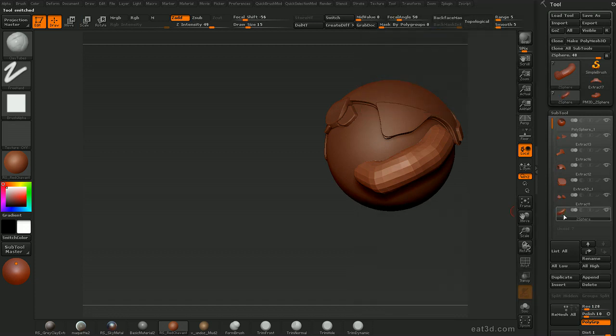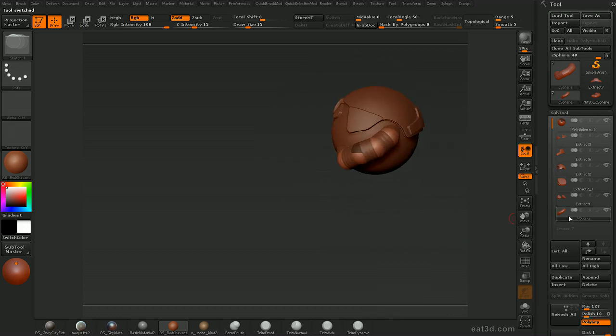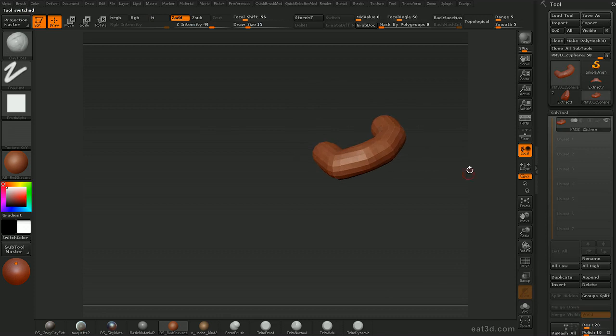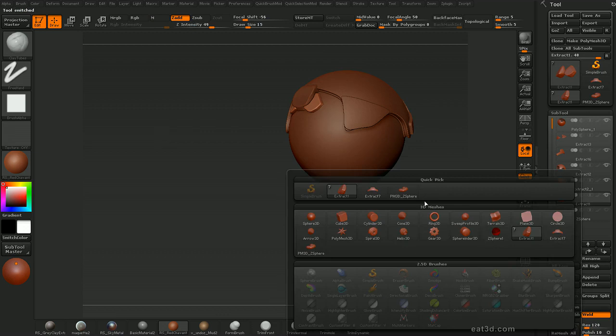We can hide the Z-sphere itself because this is still a Z-sphere. It's not actually a mesh. As you see, we can go back into the Z-sphere. We can hide that. And it's good to keep it there just in case you want to use it later. And so now we want to append the poly mesh that we made. So we'll come in here, append,